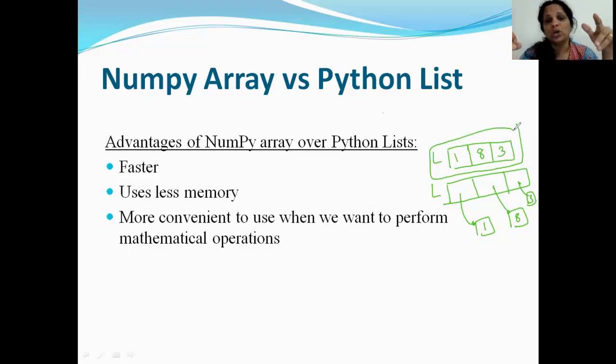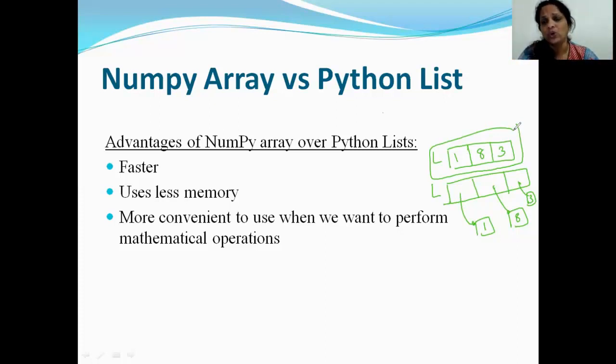When it comes to using less memory, like we say in a list, it is heterogeneous. So the bytes occupied by the list could be anything depending upon the system, because you could have mixed data types. Whereas in an array, you only have a homogeneous data type. So all the elements of the array are going to be using up some specific space in memory only. And that is the reason we say it uses less memory.